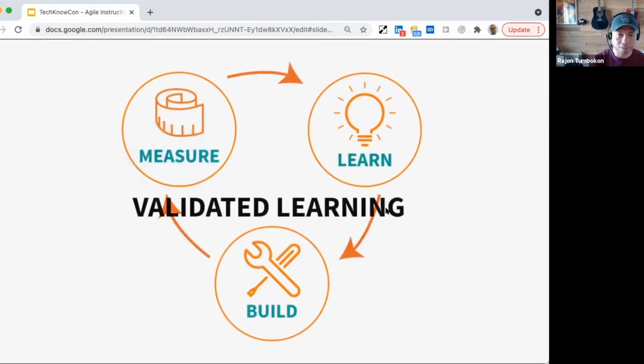All right. So going through this whole feedback loop is really called validated learning. And it's kind of scientific, it's based on running experiments that allow us to test different parts of our vision very quickly and seeing how our assumptions can actually be turned into value.